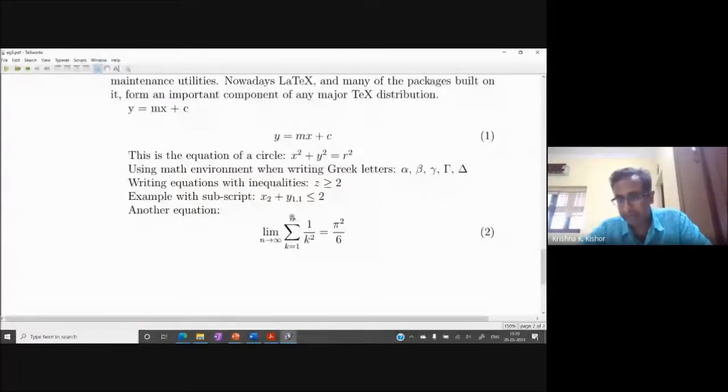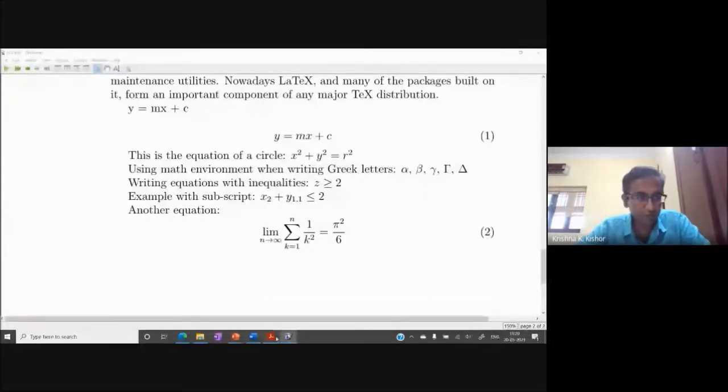And again, because it has an equation mode, the numbering comes automatically. Okay, so you see how easy it is to write this equation, right? I wrote this equation just as though I'm writing a paragraph. I just need to know the keywords, right? And for that, the book I told you about will help you.